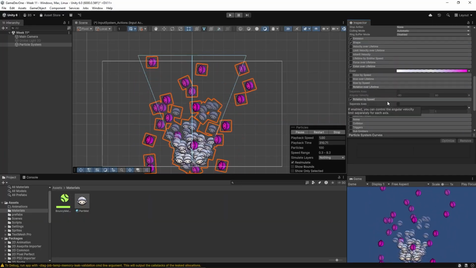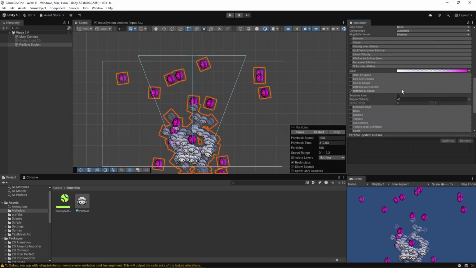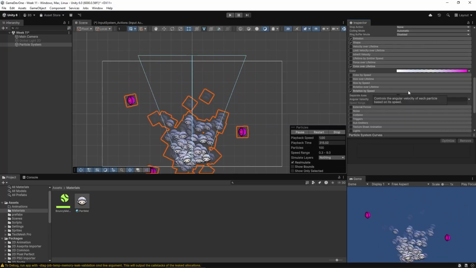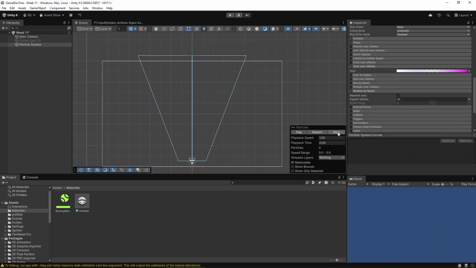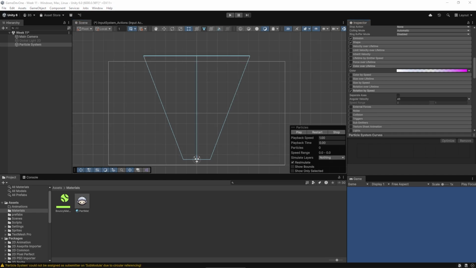I keep saying over time. Over speed. And you can turn these various options on or off, all depending on how you want it to look or what you want it to do. So I won't go through any more of the over lifetime or over speed options. Maybe we'll take a look at something else. Okay, so why don't we take a look at